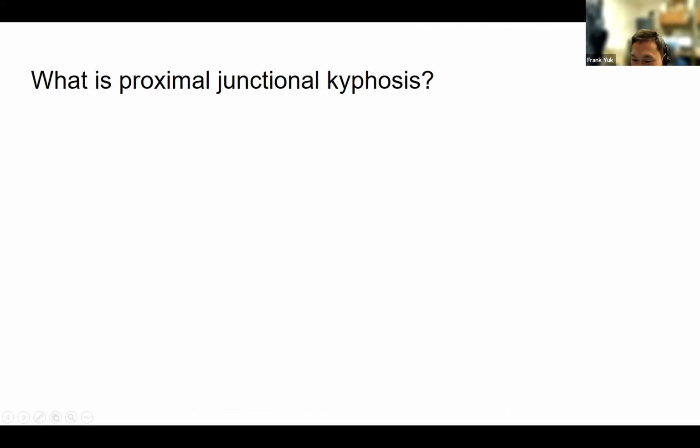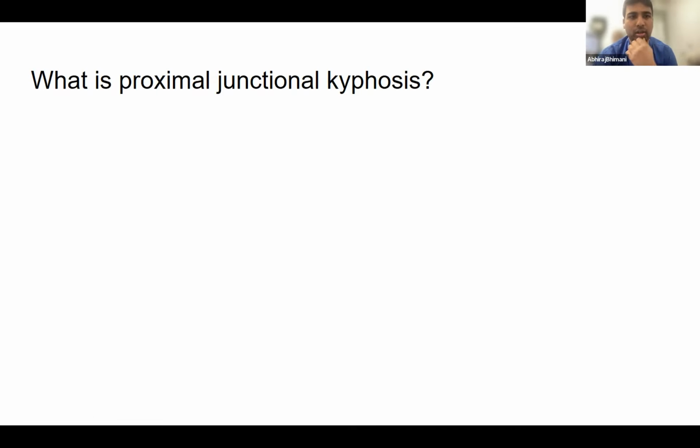So as the name suggests, it usually happens at the junction between an instrumented or a fused spine and a non-instrumented or a non-fused spine. Sometimes you can have two blocks of fusions that are not connected, and you can have a proximal junctional kyphosis between them. So generally, it happens at either the thoracolumbar region or just the thoracic region,